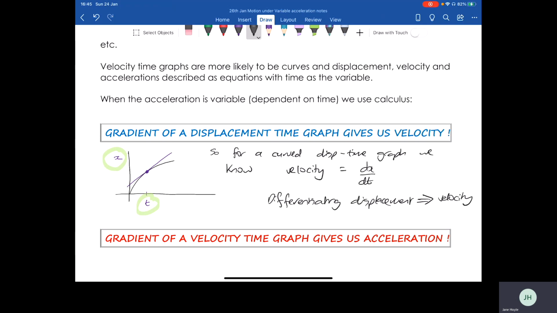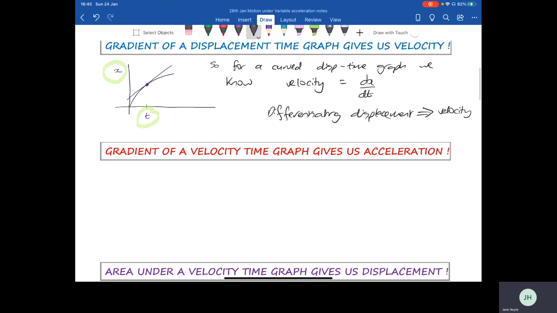Differentiation gets us a gradient, a gradient of a tangent. And that is the definition, isn't it? The definition of velocity is how quickly distance changes. The rate of change of displacement is the definition of velocity. And we can also say the same